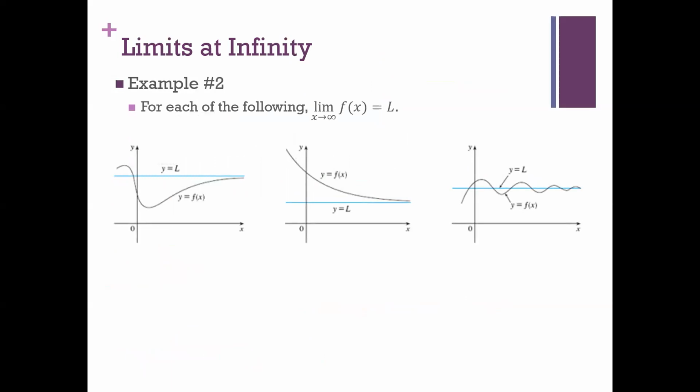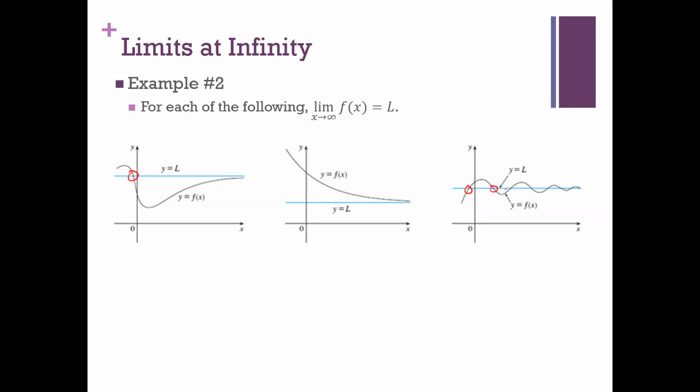So, just a few graphs here for all of these, the limit as x approaches infinity of f of x is equal to L. And one thing I want to be cautious of: the way that asymptotes are usually defined, including the way I just defined it, was that you never reach that value. Really the bottom line is you want a value that you approach as x gets really, really big, but never reach. So the second graph here goes along with the way that I stated it. On the first and third graph, I am looking at what happens as x gets very, very big. So even though I have these values here,